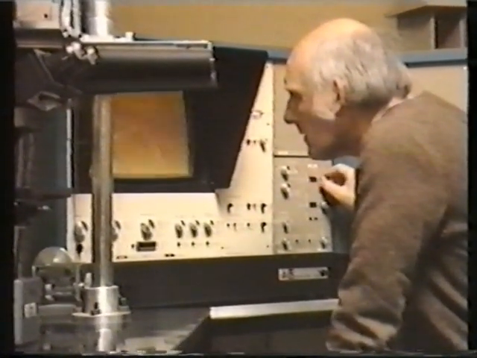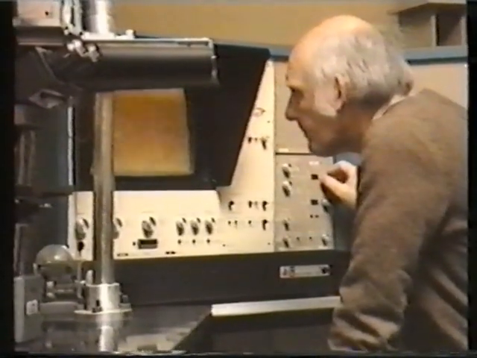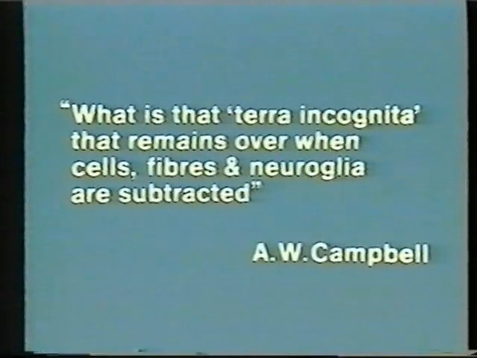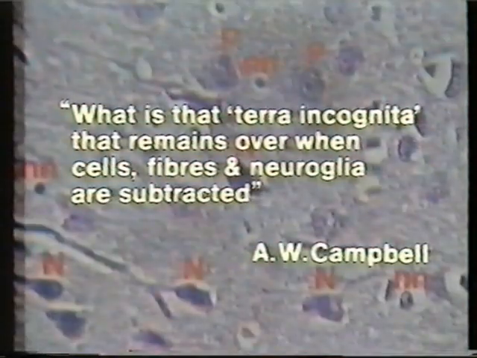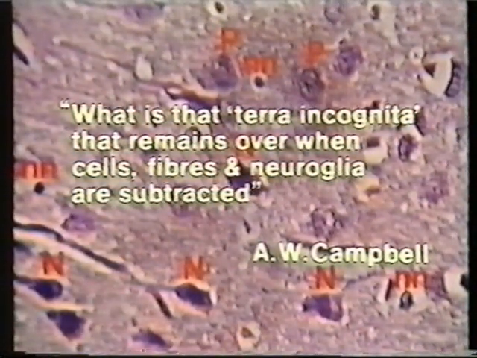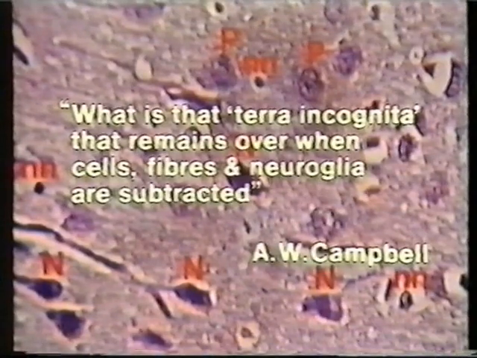We may then ask the question raised by Campbell in 1905. What is that terra incognita that remains over when cells, fibers, and neuroglia are subtracted? We have to approach this indirectly by defining more accurately what neuroglia is. Looking at a section of the occipital lobe of the rat,